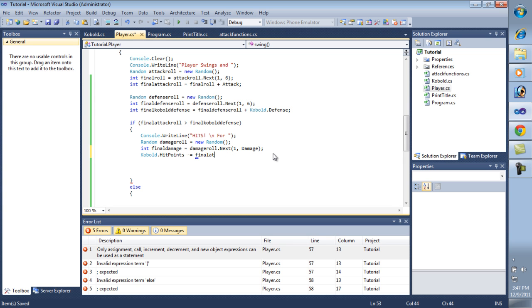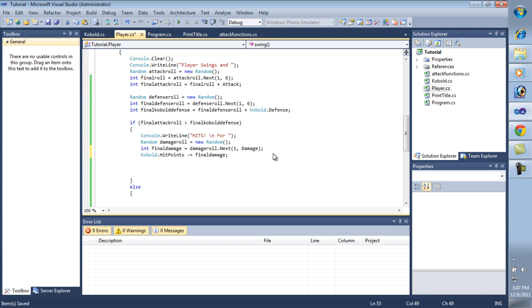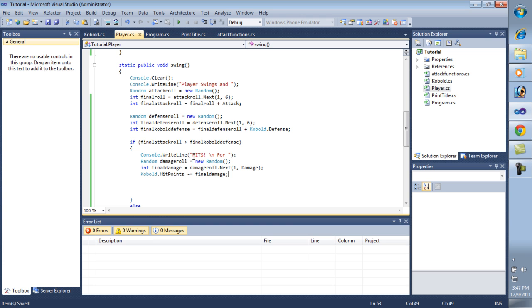Oh crap! The final. I get lazy on this IntelliSense. That's the only problem with this IntelliSense. You get real lazy sometimes, especially when I go back to JavaScript or PHP and I don't have the IntelliSense. So that should take away the current kobold's hit points, and let's go ahead and test this now that we have it. And first we're going to have to do console dot